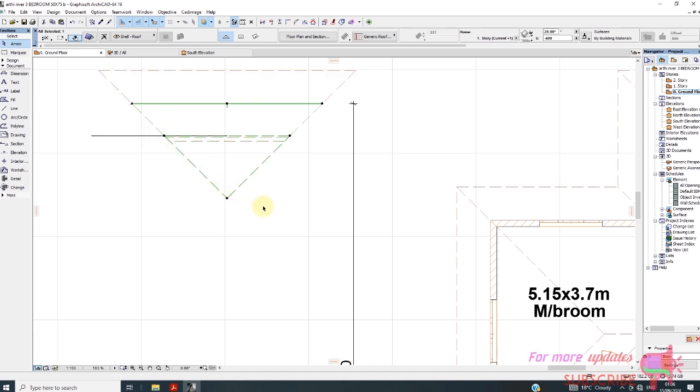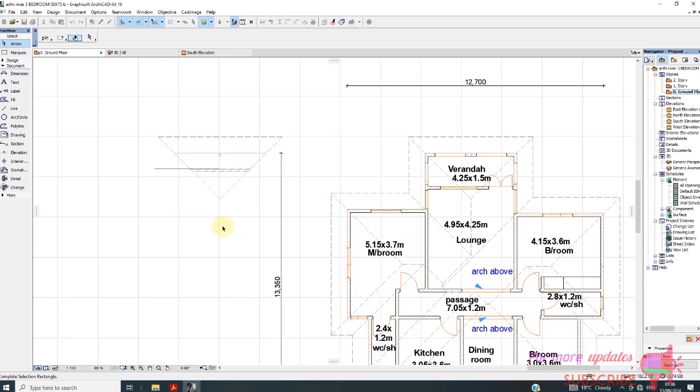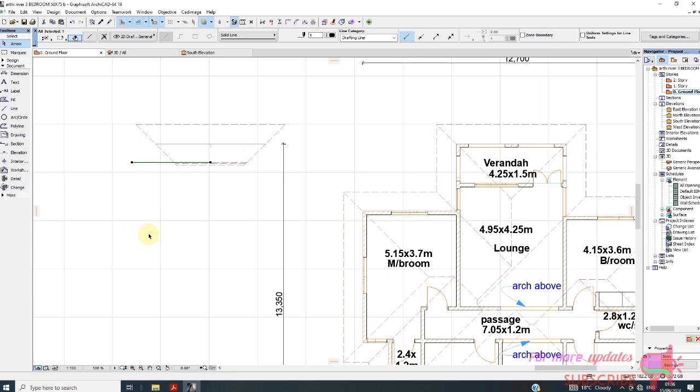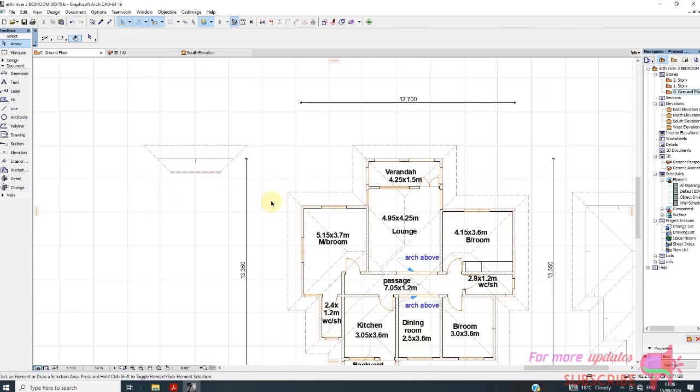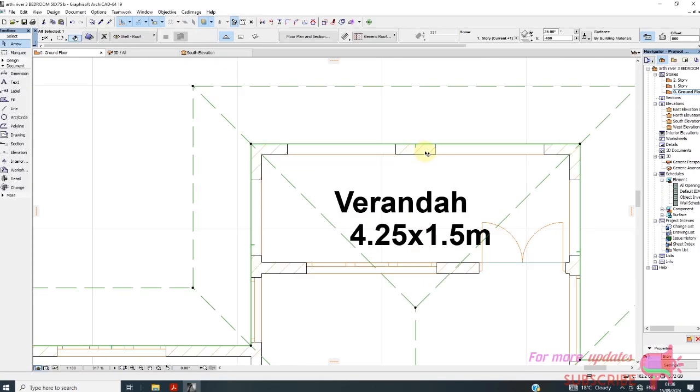Right, so this part I can just delete it, then remove this, and this time I'll just come here, then click here,